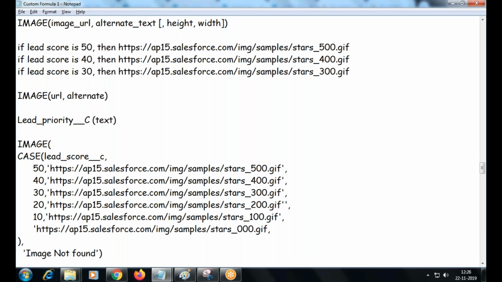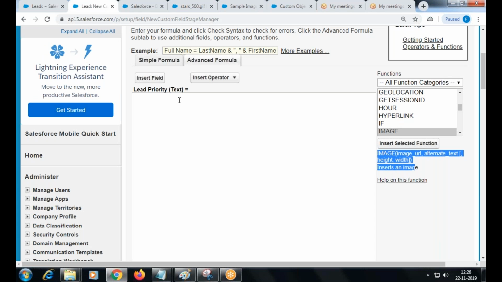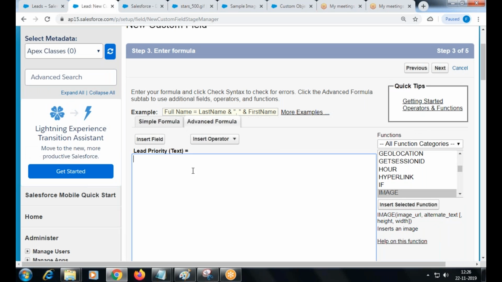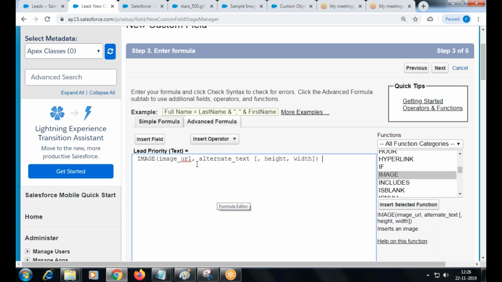Okay, so this is the one you are going to build now. So we'll see. Okay, I am in the lead priority formula field under the lead object. So the first function we are going to insert is image. Okay, so this is optional. I remove this. What is the alternate text?